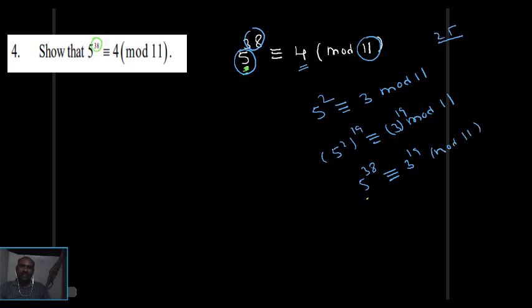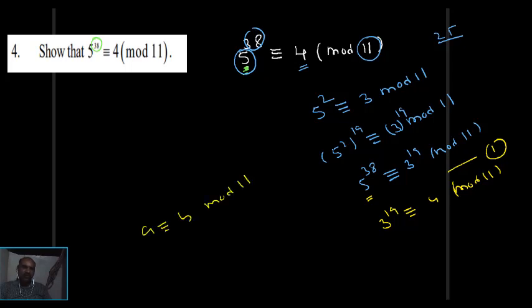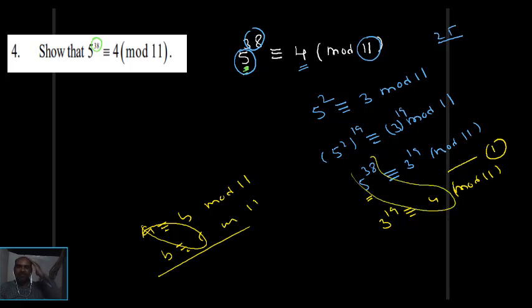Here, 5 power 38 divided by 11. I can't say that 3 power 19 is the remainder, because 3 power 19 is a bigger number than 11. So let it be equation 1. By using some tools, if I prove that 3 power 19 is congruent to 4 modulo 11, just like this in the form of A congruent to B modulo M, B congruent to C modulo 11, directly what I can say is AC congruent to BD modulo 11. So directly I can say that 5 power 38 is congruent to 4 modulo 11.